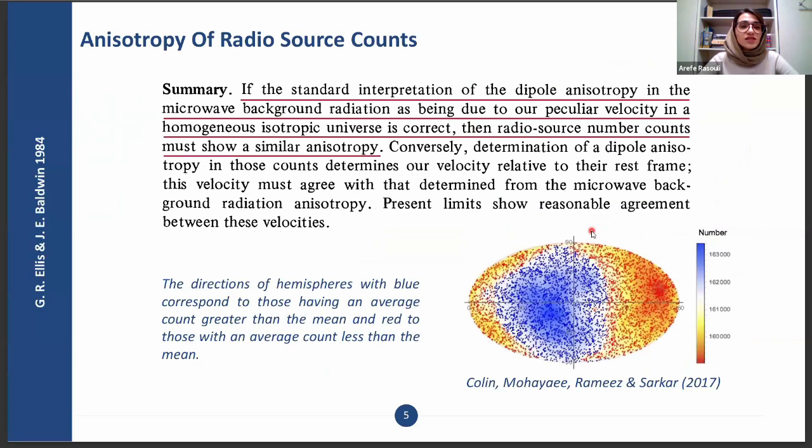On the other hand, the ΛCDM model predicts that as we look at larger scales, the rest frame of the larger scale structure should eventually align with the CMB rest frame. This means we can use matter as tracers, and the distribution of sources, in order to find the rest frame and test the dipole as we have done for the CMB. We can see from this map here, which is the map of number density of the radio galaxies, that it has a dipole very similar to the CMB dipole. And we are going to talk about this dipole in the following.